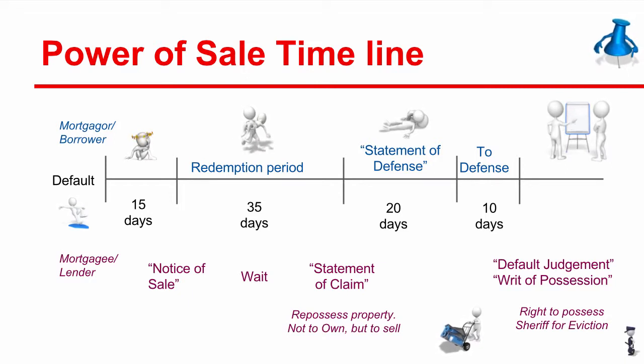They are already applying for notice. They already sent out notice of sale. They already applied for statement of claim. They probably have default judgment and the writ of possession. Now, often banks don't take action right away. They have all these, but then one day, you'll find a sheriff coming up to the door and doing the eviction. So for the borrower, they really need to know where they are in the power of sale process,